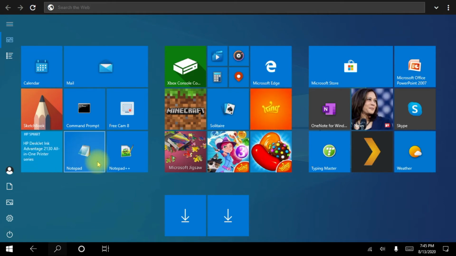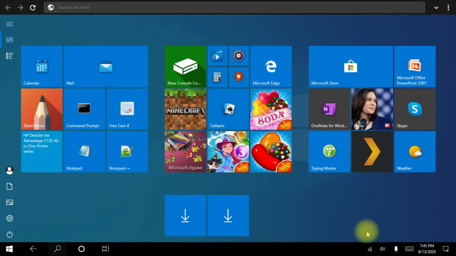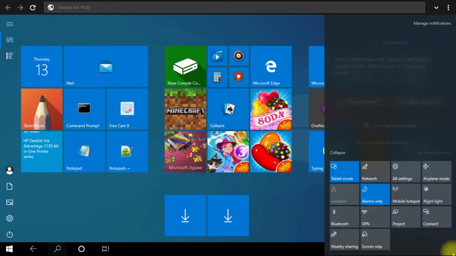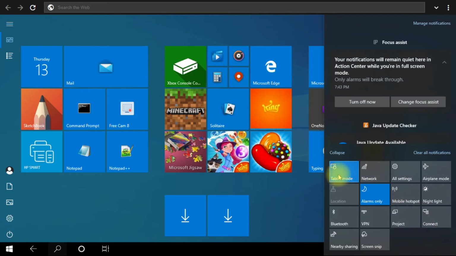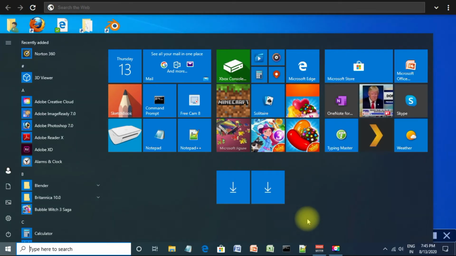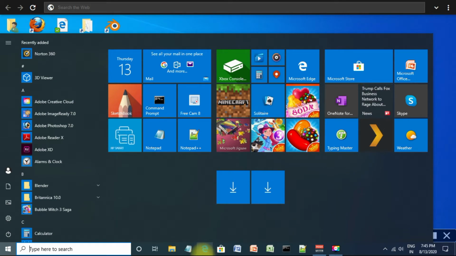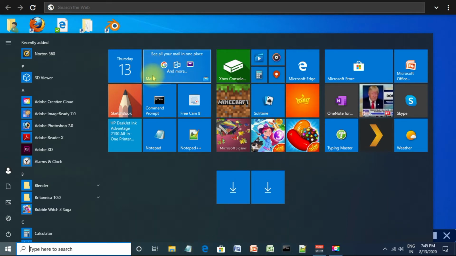If you remove the tablet mode, observe the difference. Again, I will go to this place and click on tablet mode. Now, if you see, I got the icons back like File Explorer, Notepad, MS Word and so on. Now the size of this start screen has been reduced, and I can see the desktop screen also, right? This is the maximum size which you can keep for this start menu. Again, I will move to tablet mode.